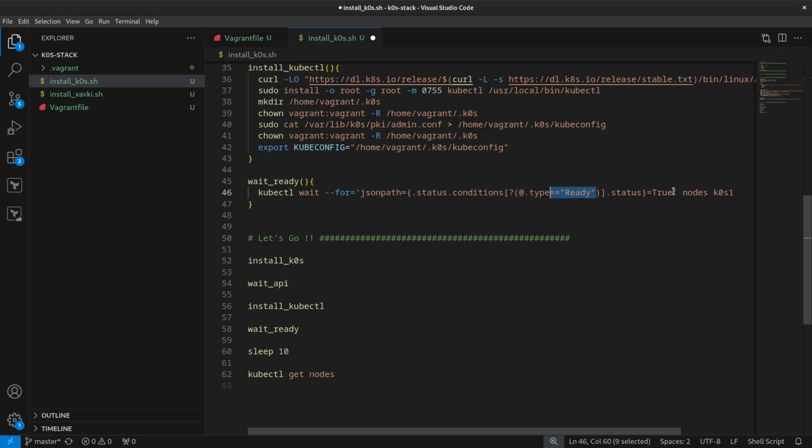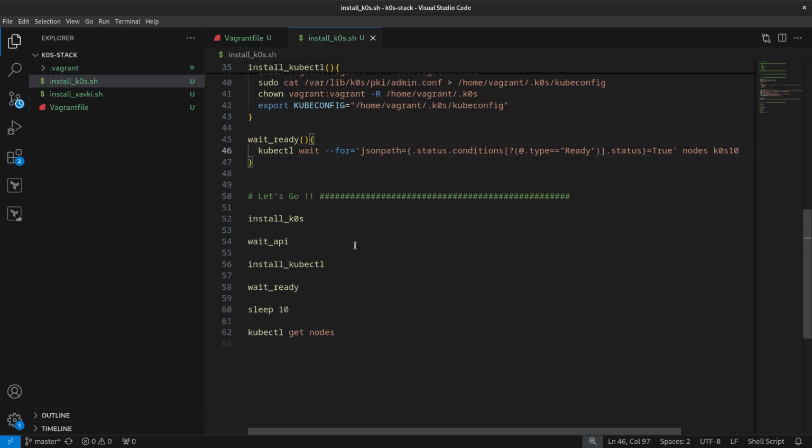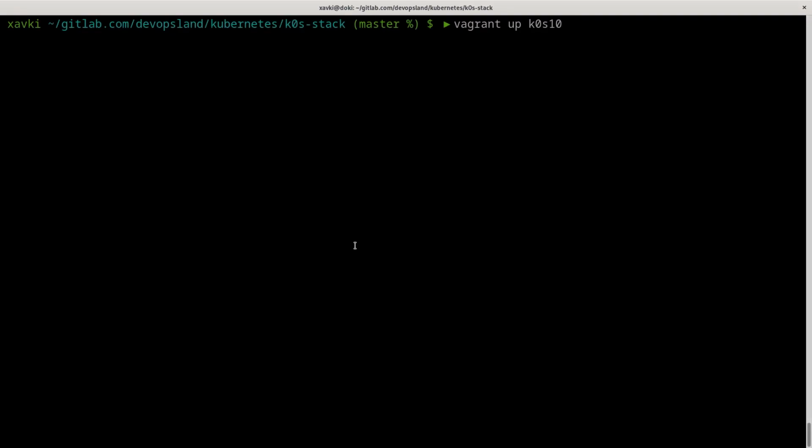This is a condition, and I want to have this condition to true for the k0s10 node. Okay, so now we have all the stuff, and we can just run vagrant up k0s10.